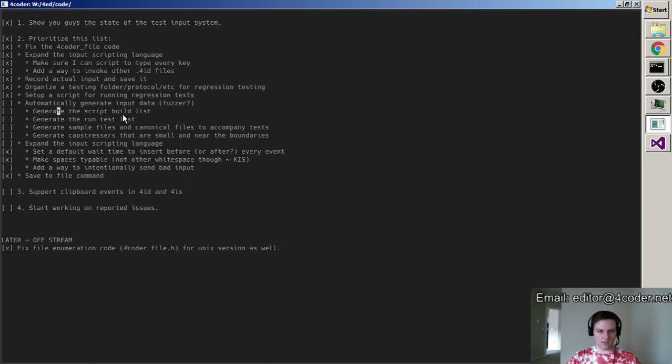We'll work on after generating, we're going to generate more than one test. We're going to generate smaller tests that actually hit a bunch of possible things. We might look at generating these lists that build the things, although we have to see if we need to. We're kind of set up right now to be okay, but maybe we start wanting to have lots of tests that we're running, and we want a way to put them in a series and run them all one after the other. So yeah, we'll start looking at this sort of autogenning the scripts that run tests and stuff, and making more tests to actually run on the next